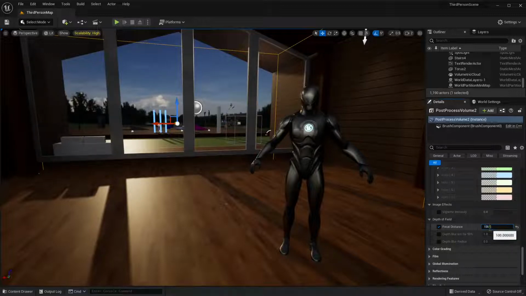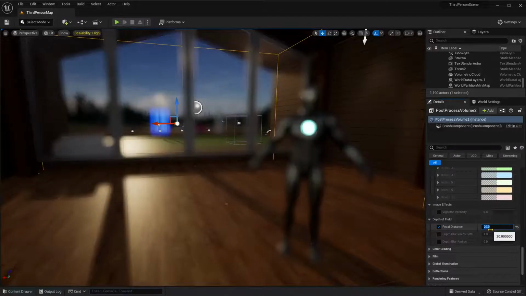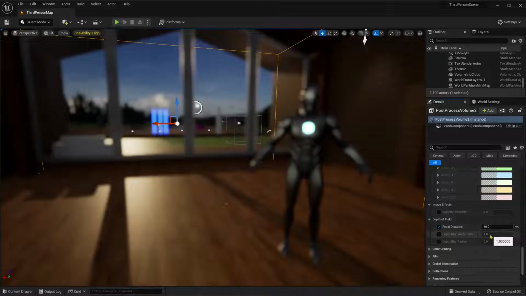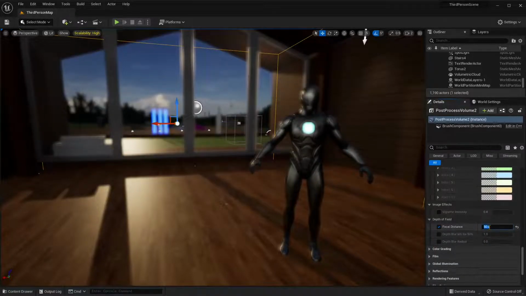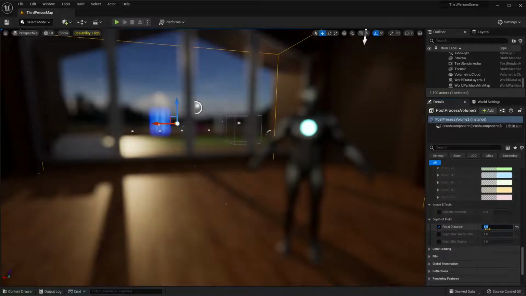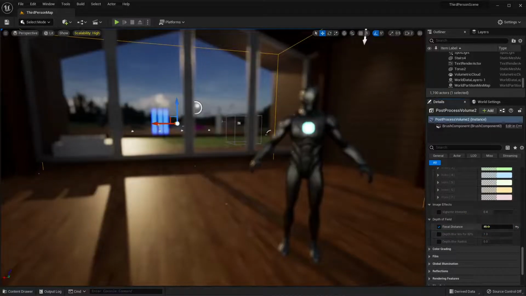Okay, and sometimes I find this a little bit difficult to set up. So I need to find out what's the focal distance here. You can just go step by step until you find it, there you go. So you can see this is right now in focus, the rest is out of focus. Okay, so just play around,